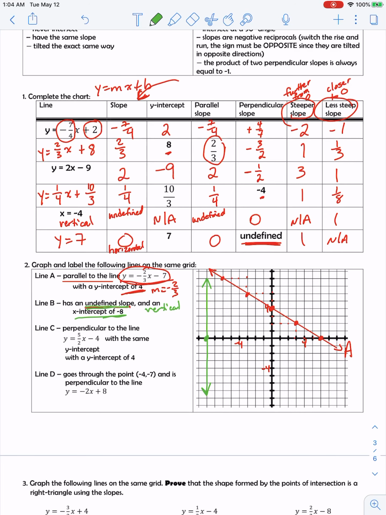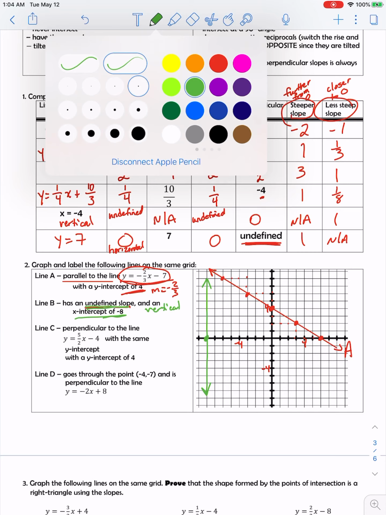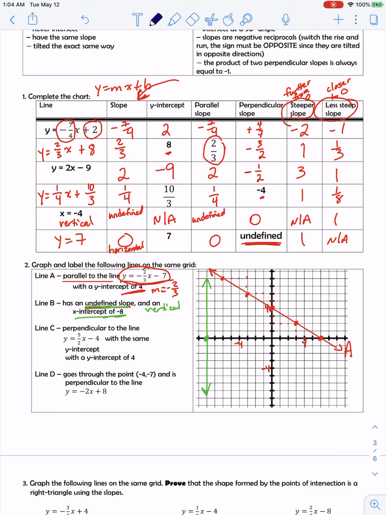Okay, line C. Let's pick another color. Let's go with, I don't know, how about navy blue? Okay, perpendicular to this line. So the slope of this line equals 5/2. So I want perpendicular to that. The symbol for perpendicular is an upside down T. Perpendicular slope means I need to flip that over, so make it 2/5 and change the sign to a negative. So the slope of the line I want to draw has to be -2/5,